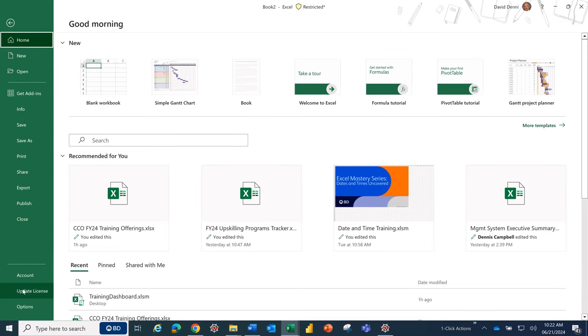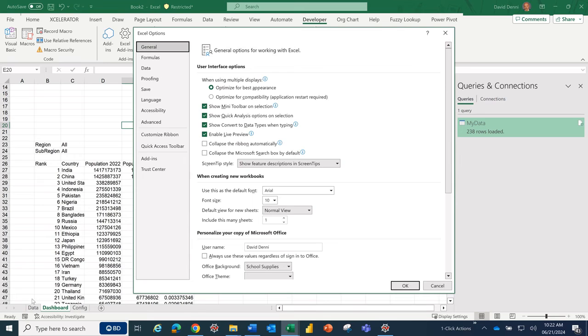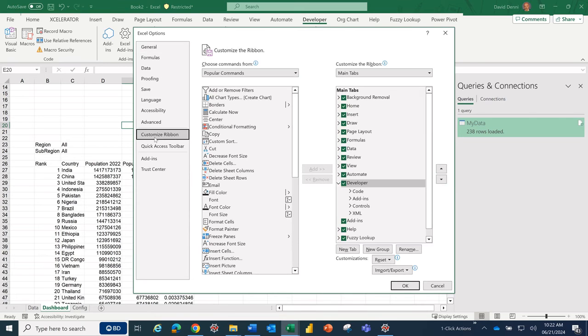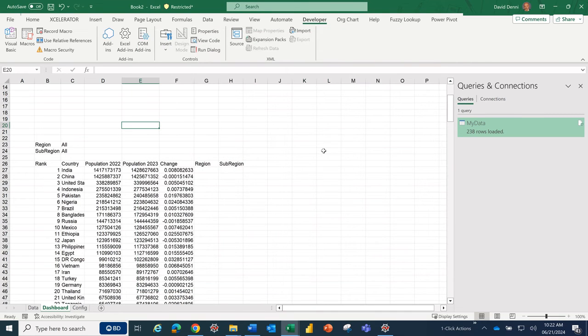Go to File, go to Options, go to Customize Ribbon, and on the right side, if you do not have the Developer tab right now, very likely it's because the Developer option is unchecked. So make sure to check it and click on OK. And now you should be able to see it in your Excel ribbon. So go to the Developer tab